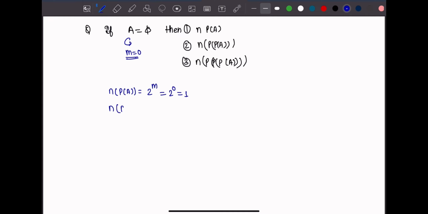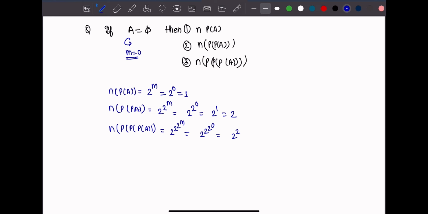Okay, number of elements in power set of A is what? 2 power m, which means 2 power 0, we are getting 2 power 1, which is equal to 2. Okay, and number of elements in power set of A, okay, that we are getting 2 power m, yani ki 2 power 0, so 2 power 1, and 2 power 2 we are getting, which is equal to 4. okay, तो इस तरह से आपको इसका आंसर करना होगा। एक नेक्स्ट क्वेश्चन और आता है कि राइट